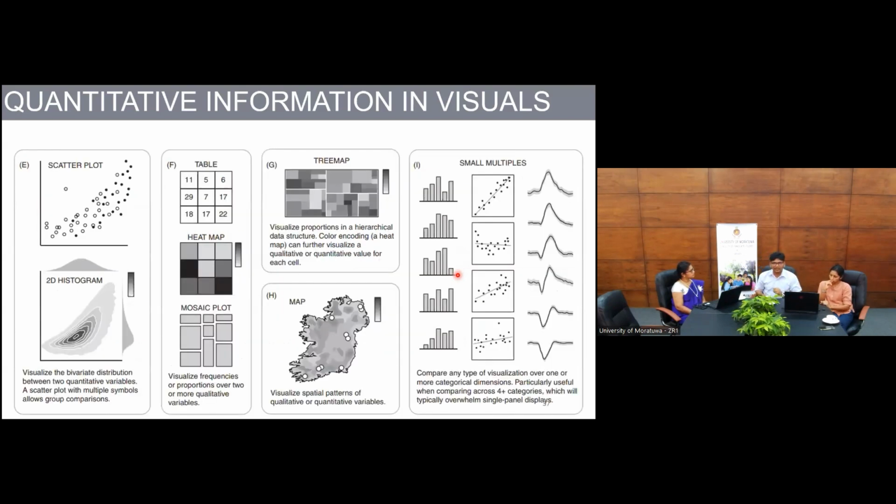Now I move to the next part. This is bivariate distributions, where you have multiple, or in particular two, types of variables distributed and moving in space, maybe time. So you can use scatter plots and 2D histograms to give you an idea about how two different variables would be distributed. And then you have heat maps that will give you an indication of maybe spatial or temporal variation of a variable, some degree of variation. And the map, of course, gives you spatial and temporal variation. And the chart in I you can see varying in complexity.